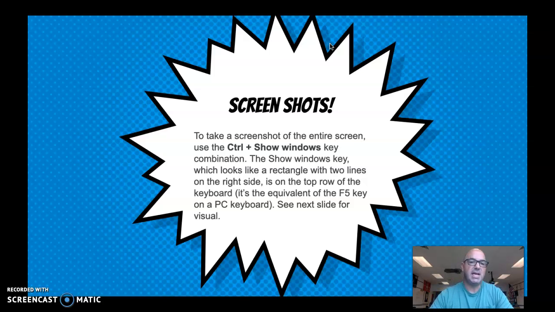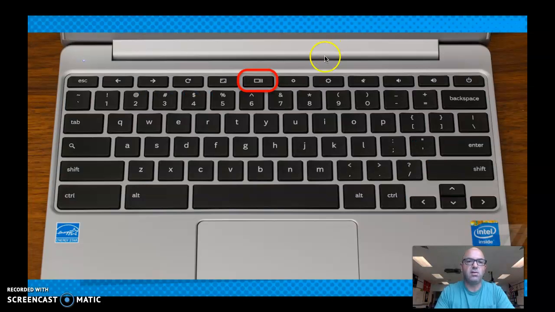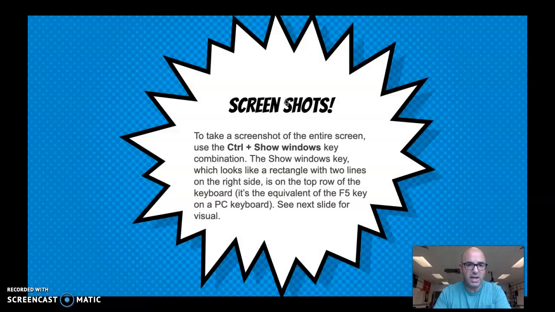And so that's done by hitting Control plus the Show Windows key. You might be saying, what is the Show Windows key? Well, I'm about to show you here. It looks like this key right here, and it will be on every one of your Chromebooks. And so that'll be a useful key. So once you hit that,